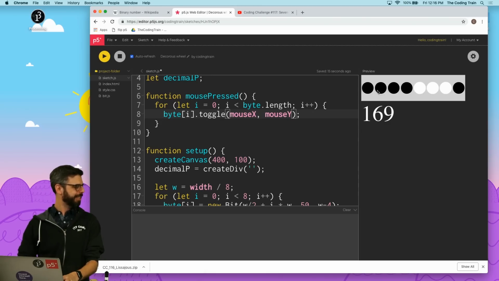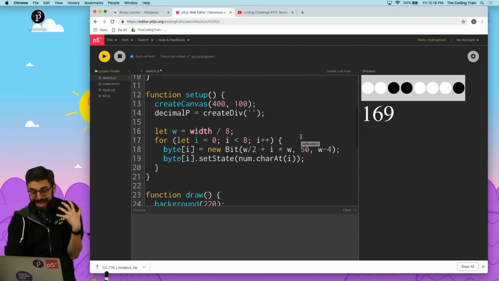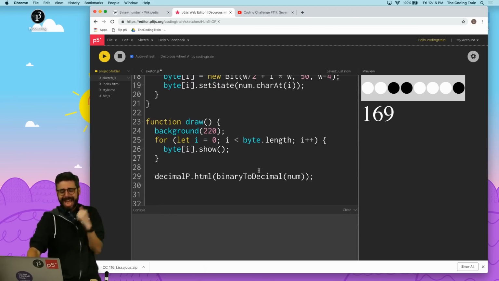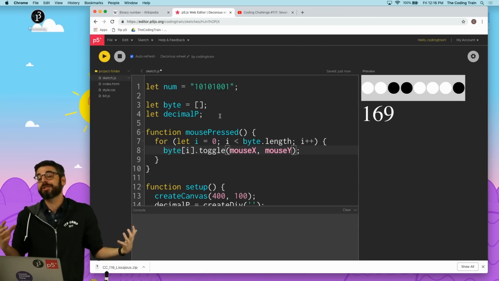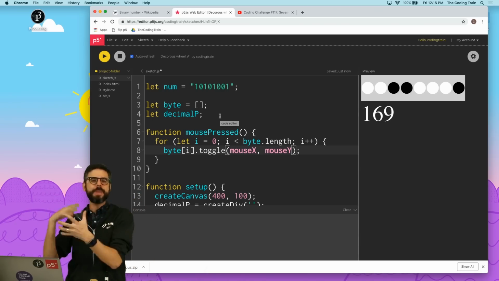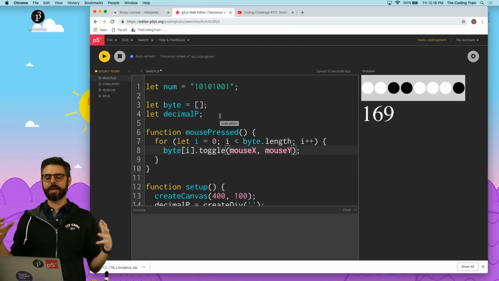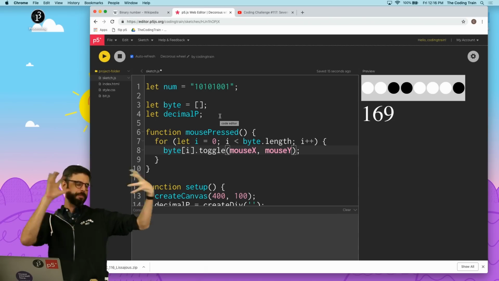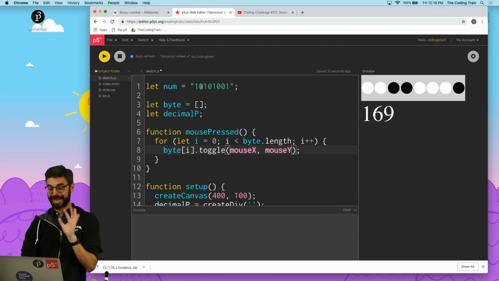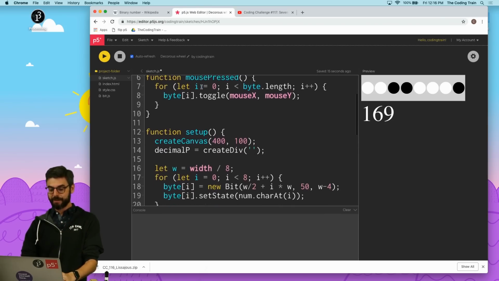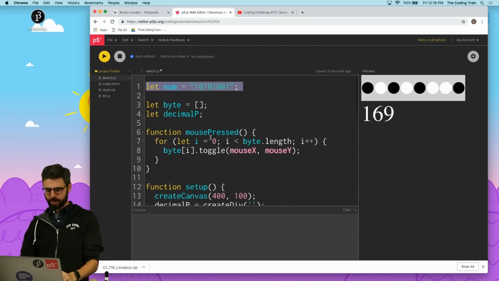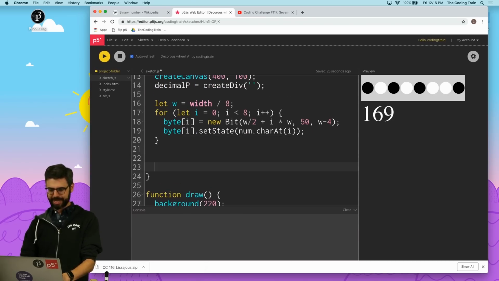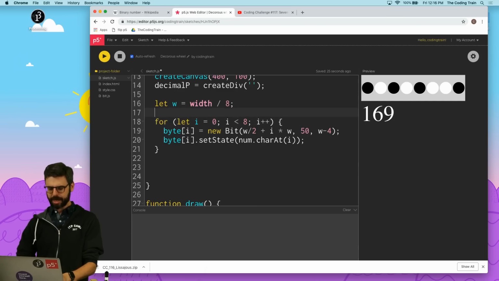So the toggling is working, but it's not updating. Ooh, why is it not updating? Because I am converting the string. My function converts a string. So I could make the decimal version of the number out of the array of bit objects, but I think what might actually work nicely here is to make the string out of it. So what if what I do now is I say in here,